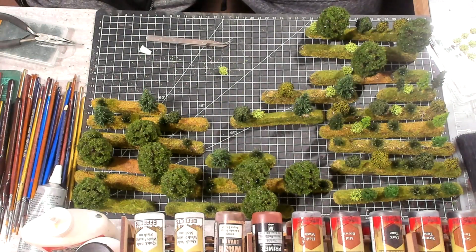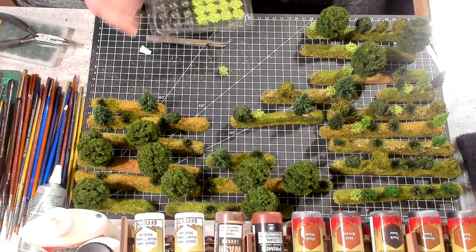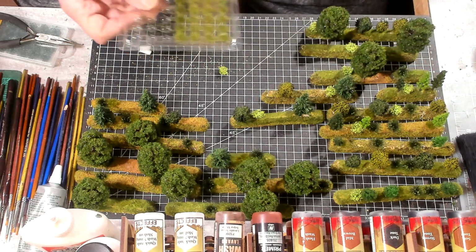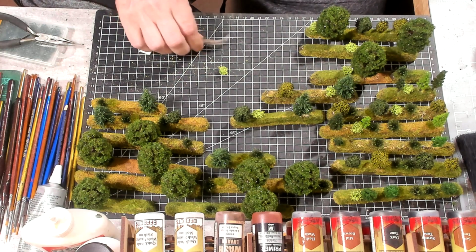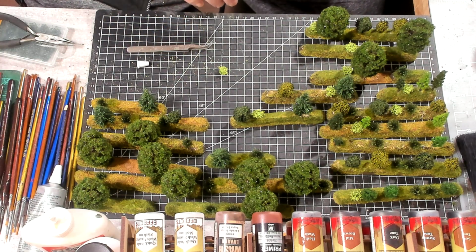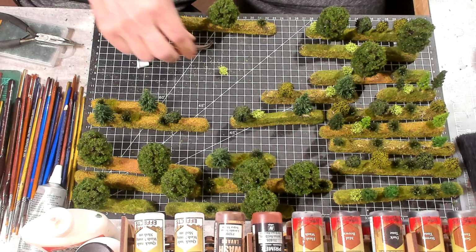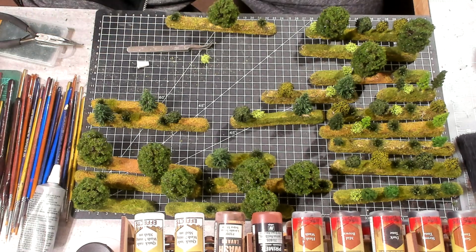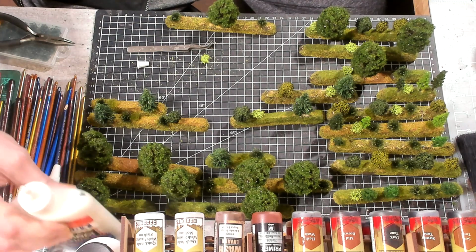clump foliage. And you can see that on some of these, I already have some flowers, but I also have some of the dark green. Right, and here's some dark green, and you can see I've only used about half of my package. Now on these, what I do is I'll put some Elmer's in my palette, and then I'll take the clump foliage piece and I will dip it into the Elmer's in my palette, covering the bottom,